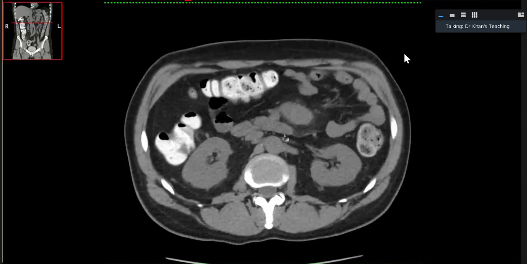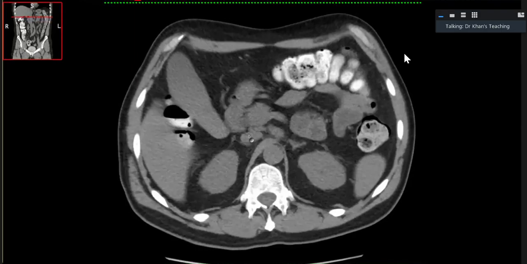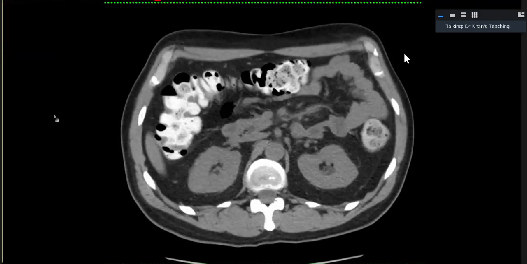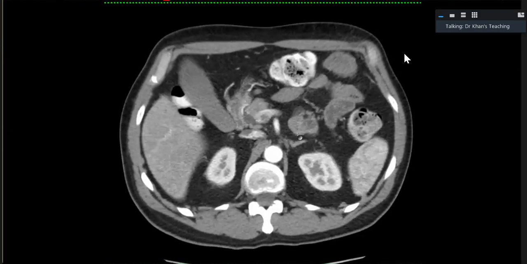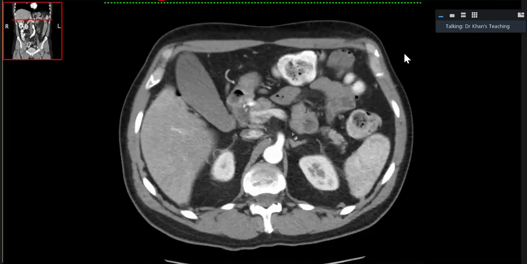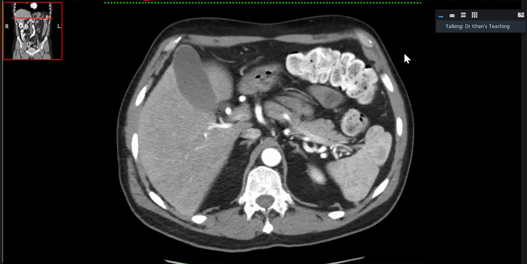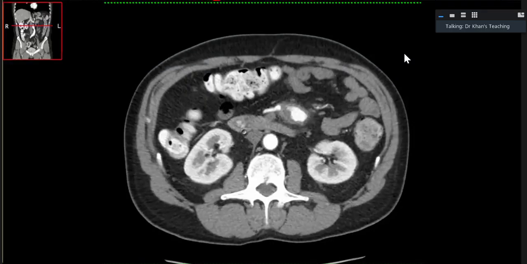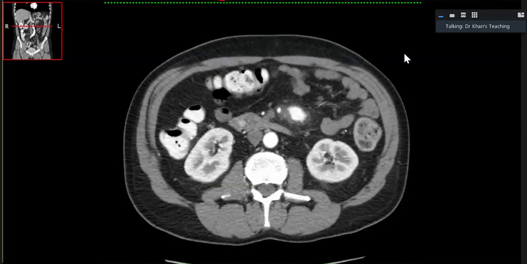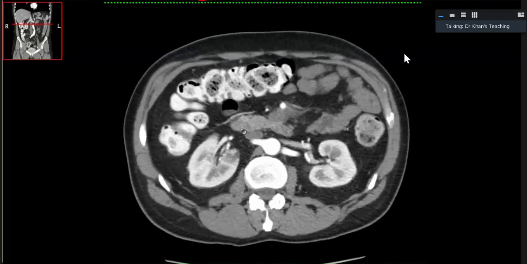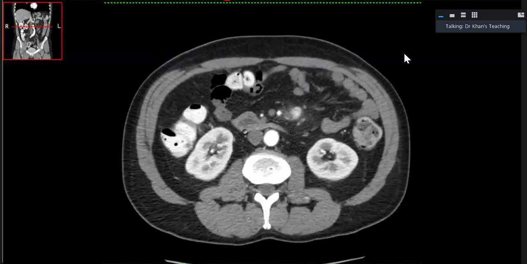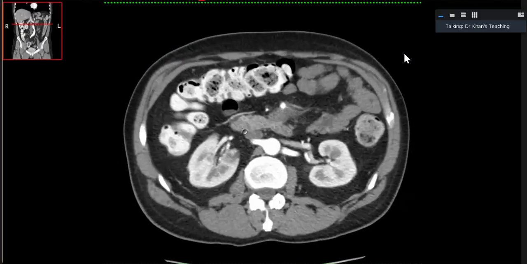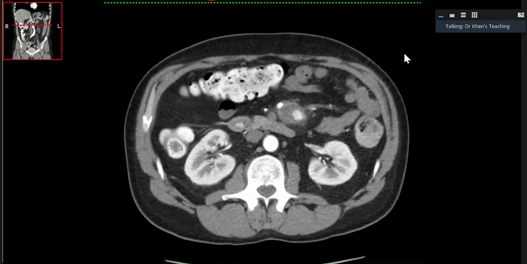This was the non-enhanced scan, and there is nothing there. And now on this arterial phase, there was a blush there. And what does it tell you? It tells you that this is the blush and means that there is active bleeding. Now, the active bleeding is the main part, the emergency part here, because active bleeding means what will